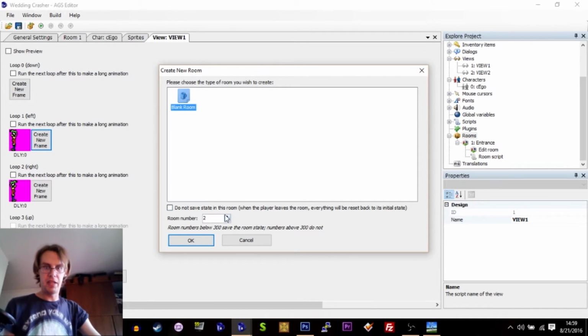You can have as many as 300 rooms in a game, and you can actually have more, but it doesn't save the state of the room. That means if you take something from the room, or if you do something to the room, and then you exit the room and then you come back, if the room number is above 300, it doesn't remember what just happened. So you're basically limited to 300 game rooms, and then if you have like a title sequence, or you